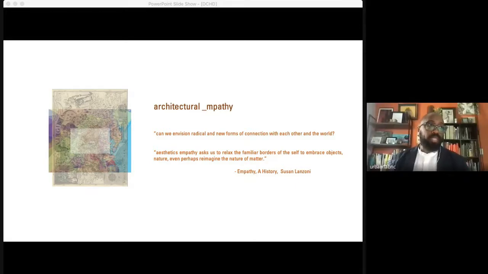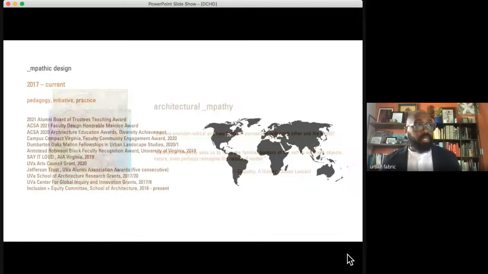A lot of my work focuses on what I call architectural empathy. Again, removing the E is this idea of removing high sense of self or the ego in the design process so that we can open ourselves to new radical and new forms of connection with each other and the world. This also is an embracing of objects, nature, the reimagination, the exercise that we did at the beginning, where you think about yourself being within this system of layers of actual space, which helps us rethink public space. The work of Susan Lanzoni talks about this and the idea of empathy as a history,